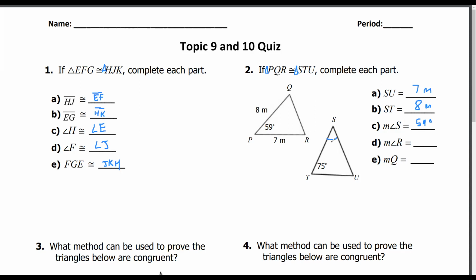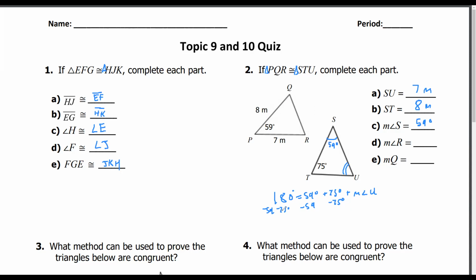However, I did learn what S was just now, which means I could figure out what U is. Remember, by using the triangle sum theorem, right, 180 equals 59 degrees plus 75 degrees plus the measure of angle U, right? I can figure this out. Well, I'm going to take away 59 from both sides. I'm going to take away 75 from both sides, right? Basically figure out how much is left to be able to get to 180, because I need to figure out what I'm going to need to add to get these both to get to 180, right? Whatever is left over. That's why I need to take away from both sides. So I get